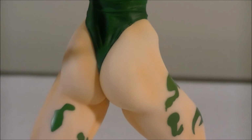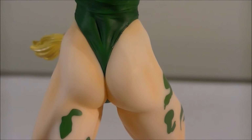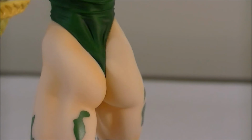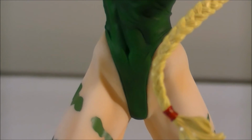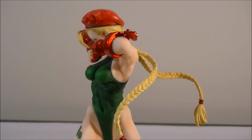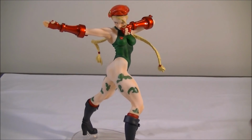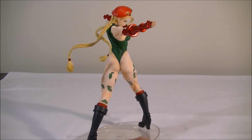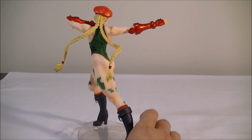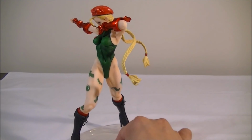So I guess everyone wants to see the money shot. And there you have it. Actually, I think in the original game and the comics, I don't think she had such a flossing problem. But I guess a bit of fan service doesn't go astray. So overall, this statue is just looking incredible. Everything about it, just from every angle. You know, you can sort of pose her in any way, and it just looks awesome. So you can have her like that, or facing even in that direction looks pretty damn awesome. I think probably the only direction that she doesn't look so great in is, I don't know, that one, I guess. But front on like that, or like that,